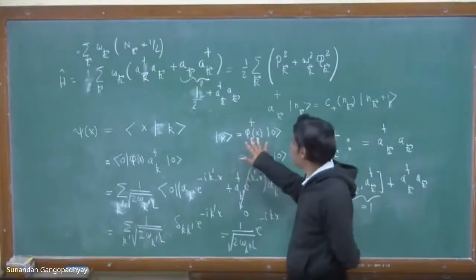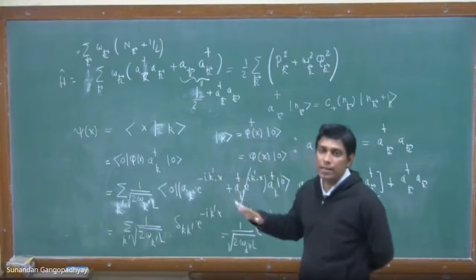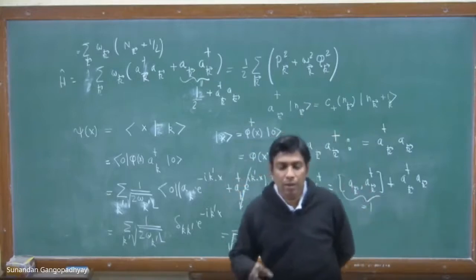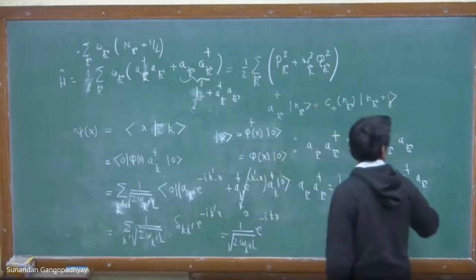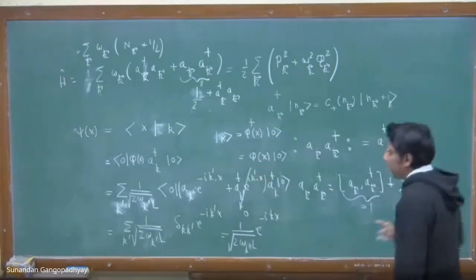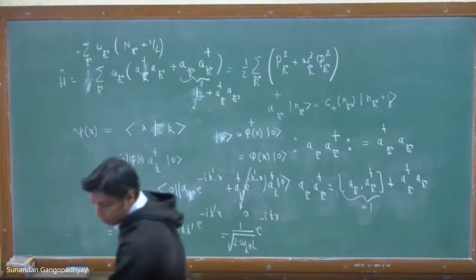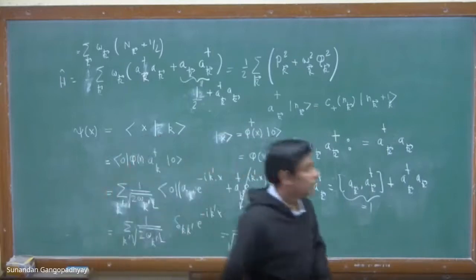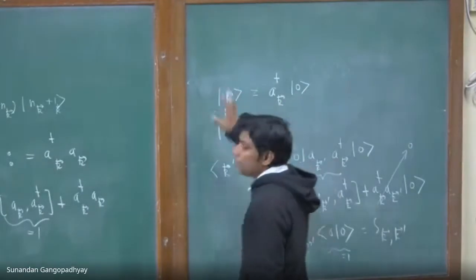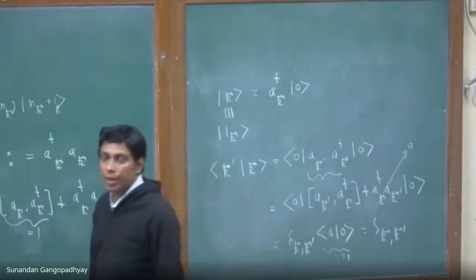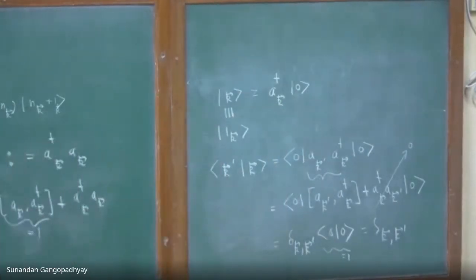See, you forget about what structure it has in terms of momentum. It is, see, a dagger k. Let me go to the other side of the board. See, a dagger k acting on this vacuum state gives you a state with momentum k vector. And that is in the momentum space, in the Fourier space.